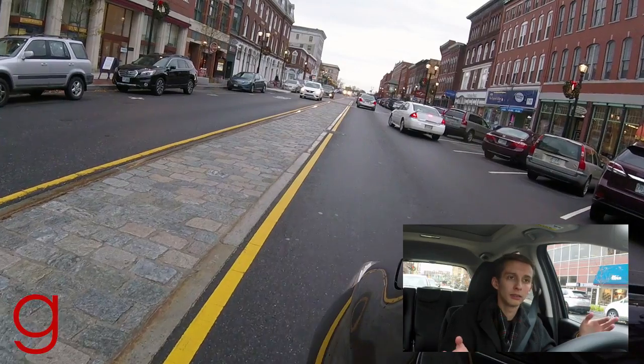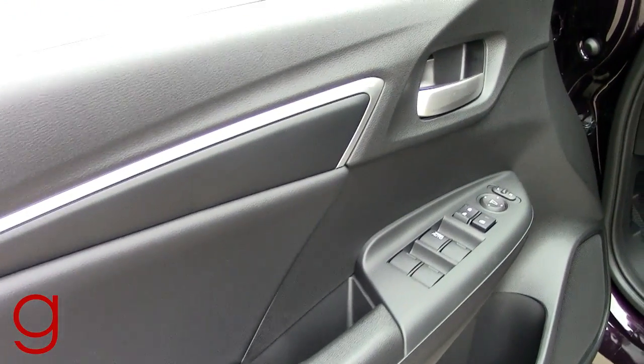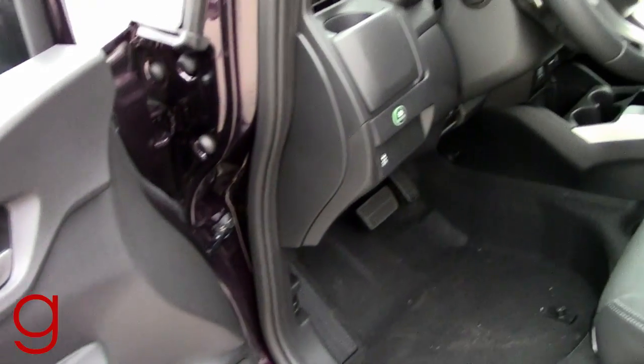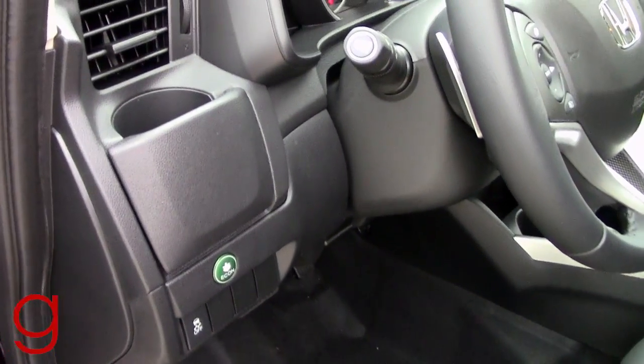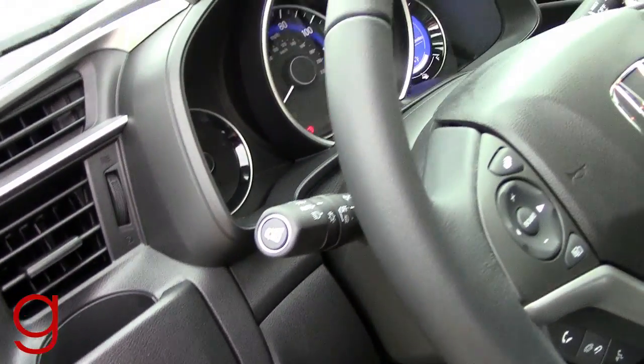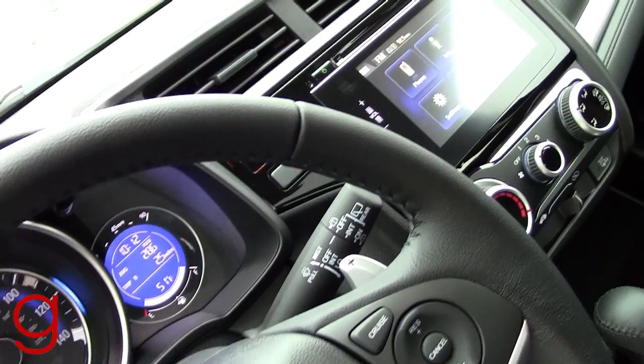The content is quite plentiful. You have 4 different options of trims. You've got base LX, you have EX, which adds things like the keyless entry with the push button start and the moonroof and the touchscreen audio. You have EX-L, which is what we've got today, which adds heated leather seats,